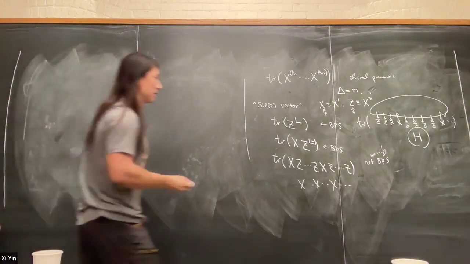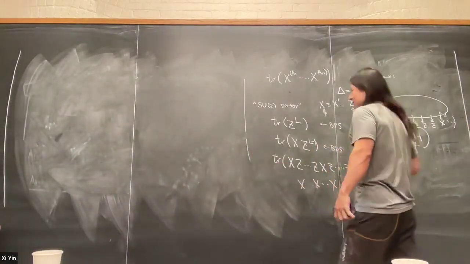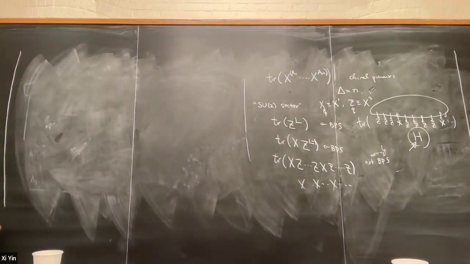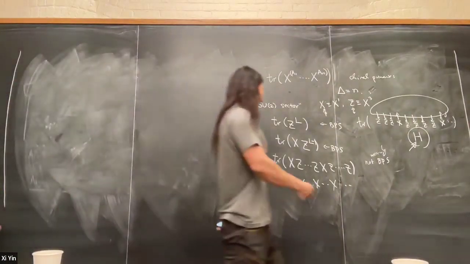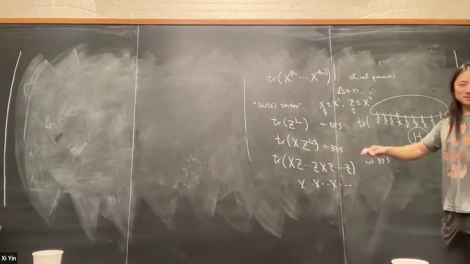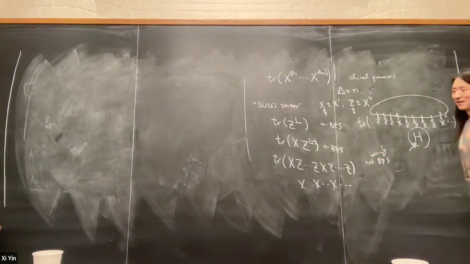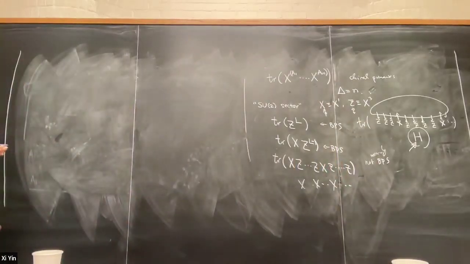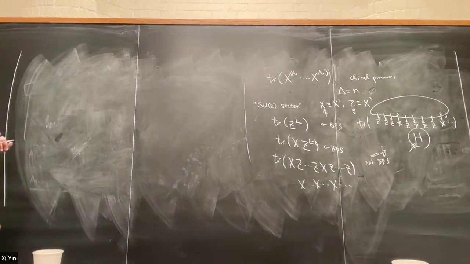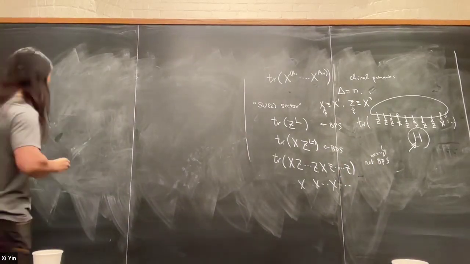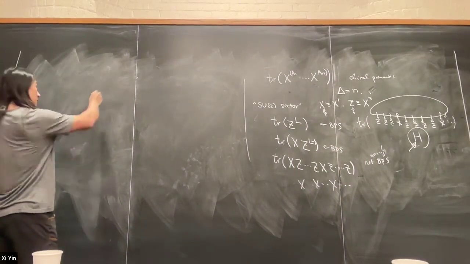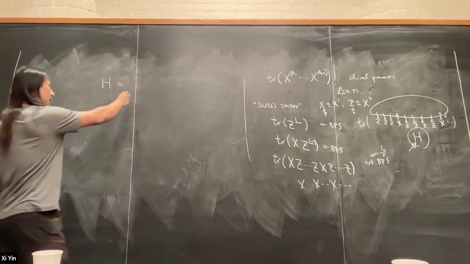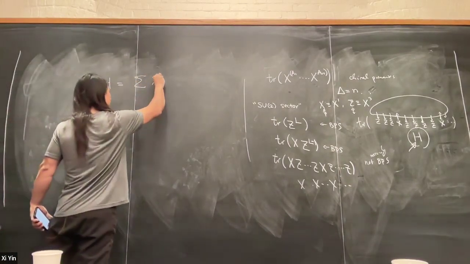Now we need to discuss the actual calculation. As always, we're going to be interested in the anomalous dimension, because this operator has some scaling dimension. The most stupid way to calculate that is to analyze the two-point function, which is the standard textbook approach. So we're going to start with that. But the general expectation is, of course, that in the planar limit, this H takes the form of a perturbative expansion in the 't Hooft coupling.